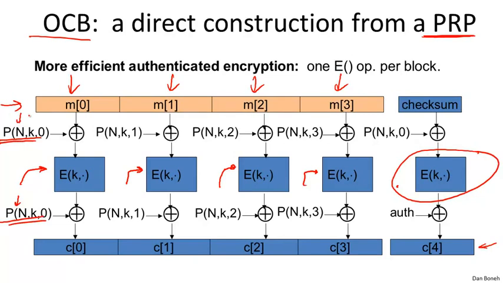The key goes into this P. And then there's a block counter that goes into this P. So you just evaluate this function P twice for every block, and you XOR the result before and after encryption using the block cipher. And that's it. That's all you have to do. And then you get a very fast and efficient authenticated encryption scheme built from a block cipher.